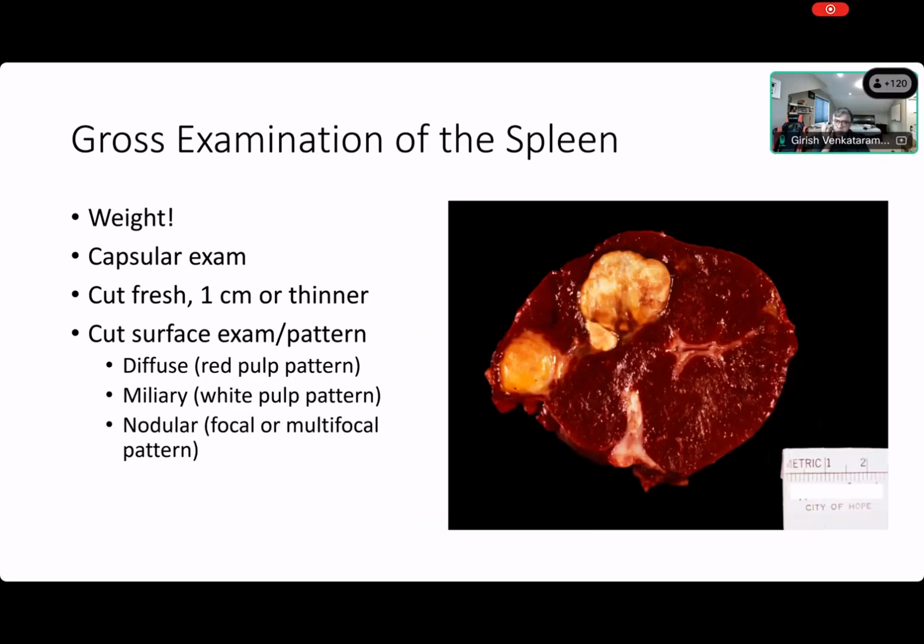And besides this, you also see nodular lesions, right? Sometimes in lymphomas, you can see nodular lesions, especially Hodgkin lymphoma, the classic Hodgkin lymphoma, can involve the spleen, and it's part of the staging. In TB, you can see focal lesions too. So it's always good to note focal lesions. These might still be a big impact for all you know, right? It might be a viable lesion, it may not be a viable lesion, right?